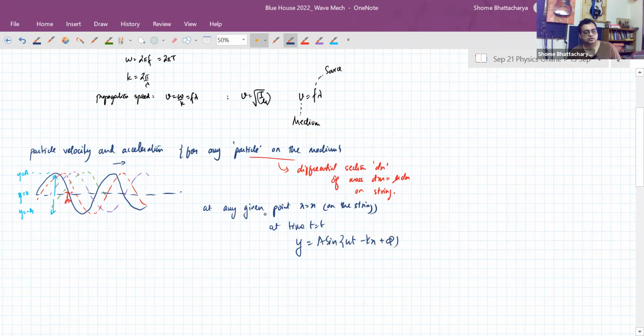So this is this point's instantaneous displacement. Therefore, its velocity